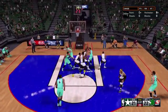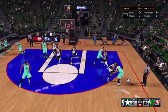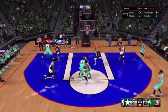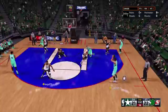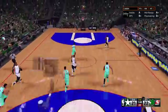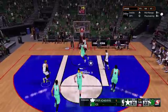Here's what Detroit's going with right now. Drummond's checked in for Jordan. Wash comes in for Pau Gasol. Wade, he's checked in for Anthony Morrow. And Russell Westbrook is subbed in for Hardaway. No good for...